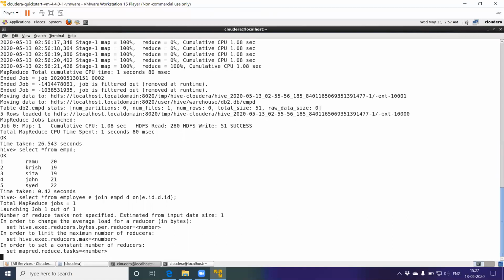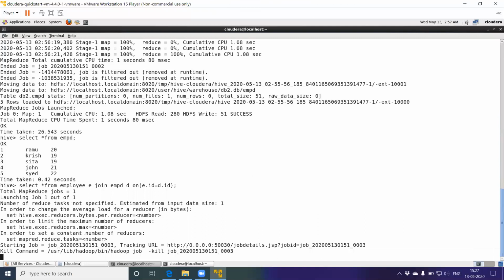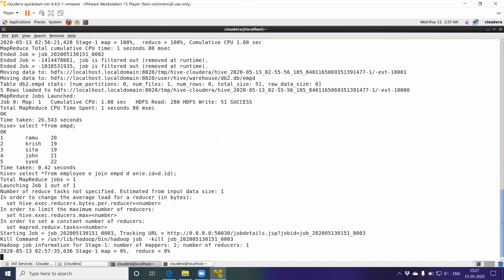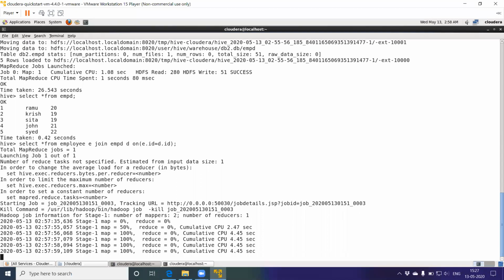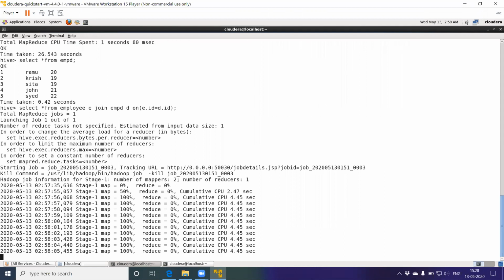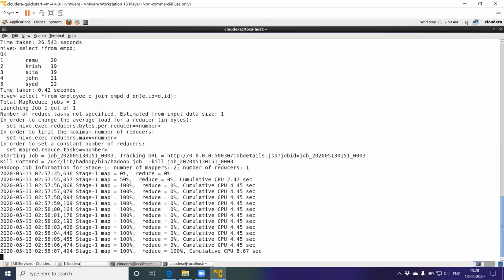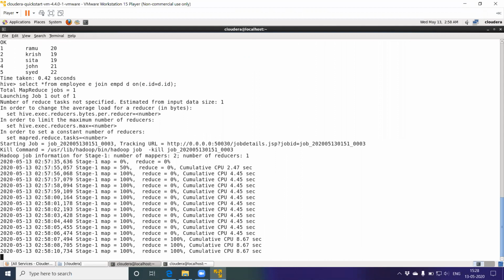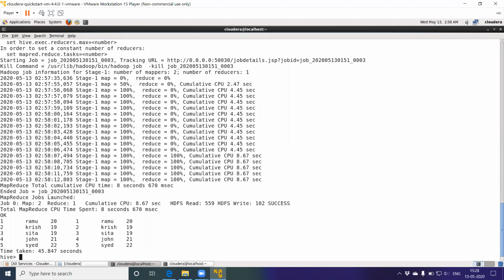So there is a minute joining syntax difference compared to SQL. MapReduce is happening in the background. Note here, 50%, 100% MapReduce, 100% mapping happened. Yes, this is the result of the joining operation.